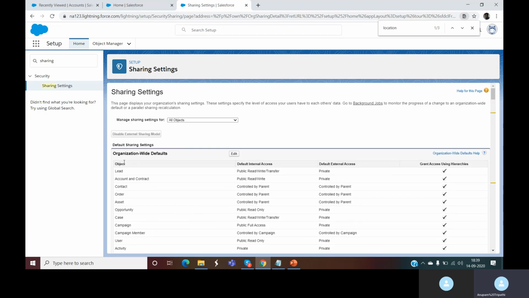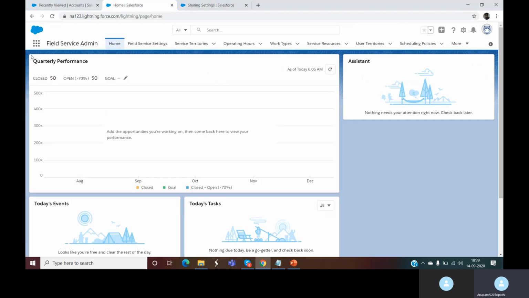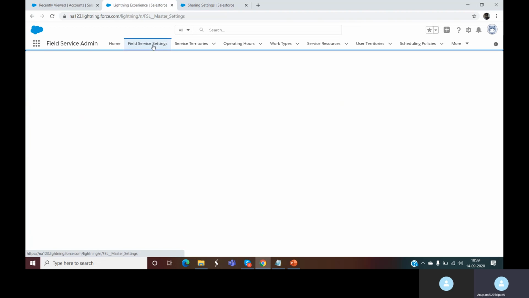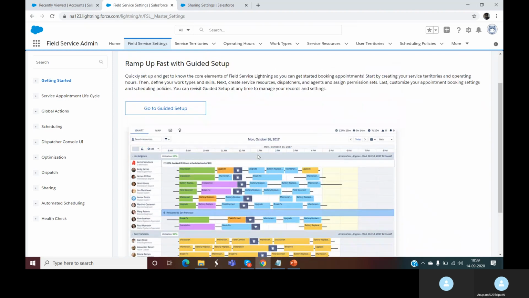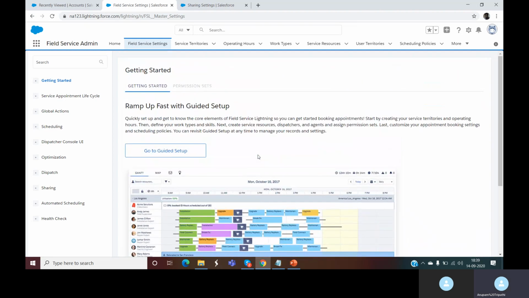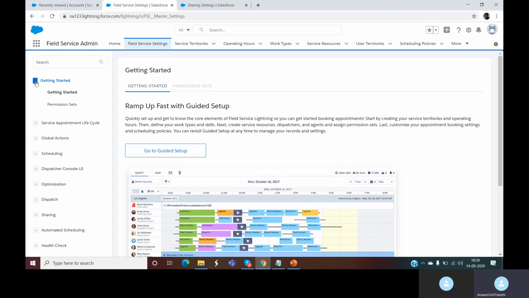In that case, we have to go, not here, but to field service settings. And we'll check the dispatch service appointment with the assigned resources.